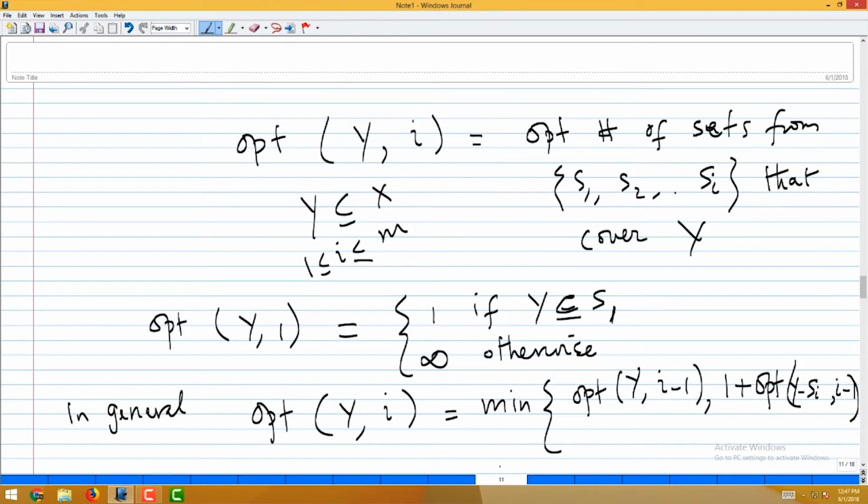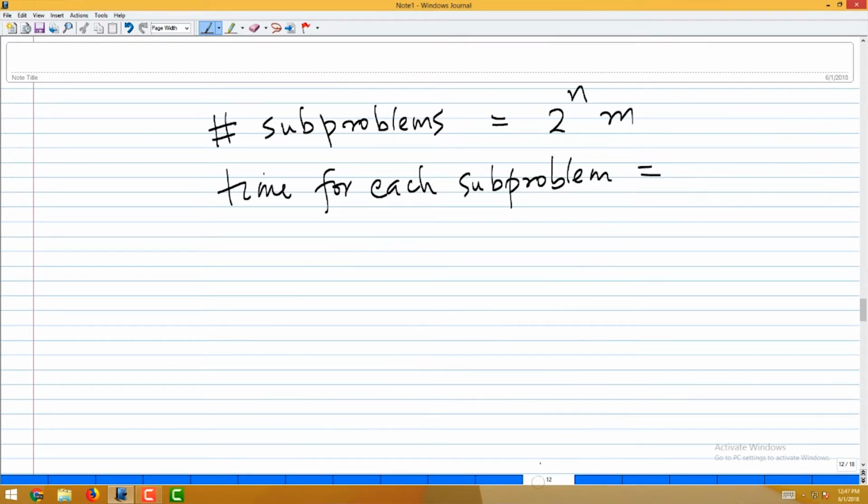Well, this recurrence tells you if you want to compute Opt(Y, i), then it is sitting there. It is two numbers you have to add and find the minimum. So, how much time? Constant time, right? Because there are exactly two numbers. So, overall runtime